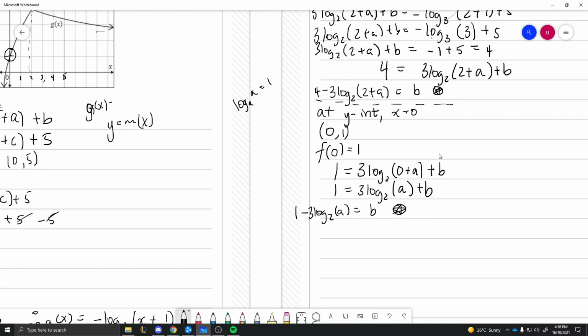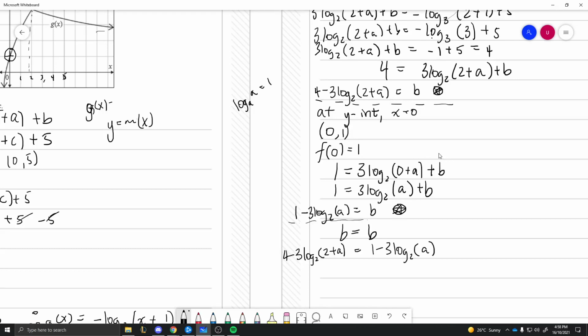So if we take just b is equal to b, right? B is the same thing. So now let's just sub these equations on either side. So for this one, this b is equal to this. So 4 minus 3 log base 2, 2 plus a, so this function is equal to this function here: 1 minus 3 log base 2